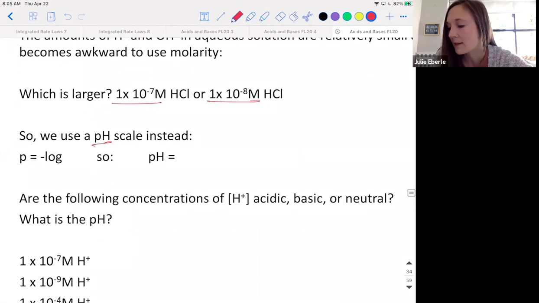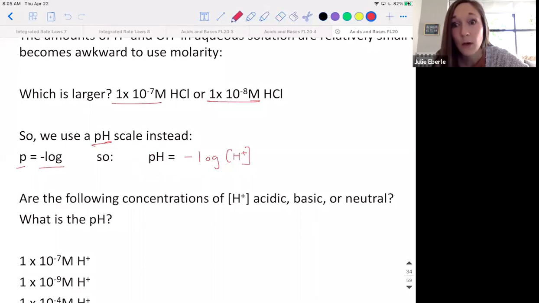So what is pH? All right, so P is a function. It's a mathematical function. All right, and you guys have probably heard of log before. You probably can look at your calculator and see the log button. You should have heard of log before. So it's a function that indicates that a logarithm is being used. All right, and specifically negative log. All right, so we can take P of anything. We can apply that function to anything. All right, and here we're applying it to the concentration of H plus in a solution, hydrogen ions. We're trying to judge the concentration of H plus, all right? So pH is the negative log of the concentration of H plus. That is how we calculate pH,